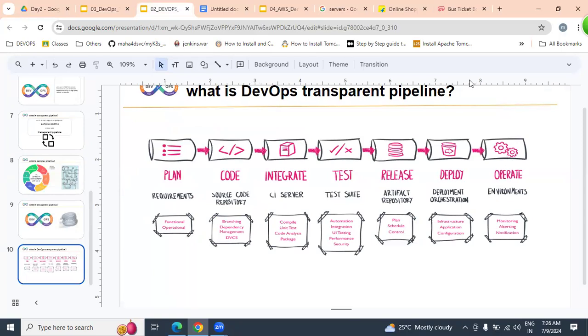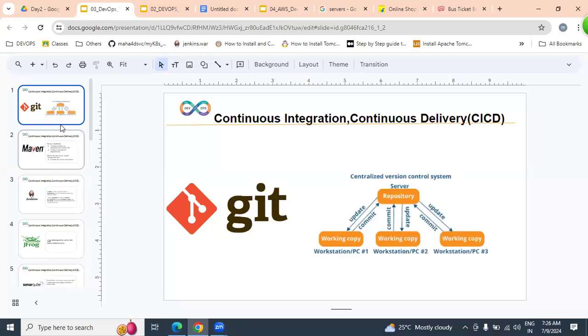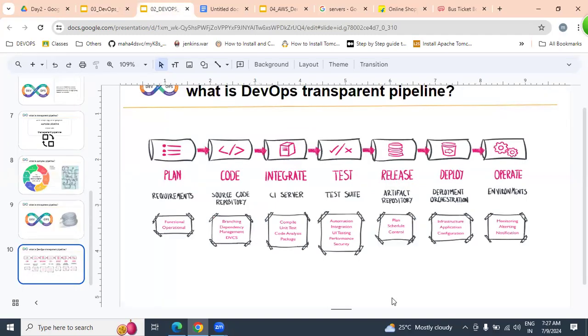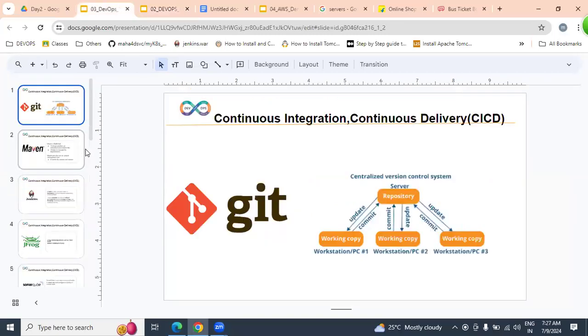So how exactly can we use them? With the help of Git. Git is a version control. In our DevOps process, writing the lines of code is the responsibility of the developer, not you. After the code is written, it is maintained by the DevOps engineer. Writing by developers, maintenance by DevOps.